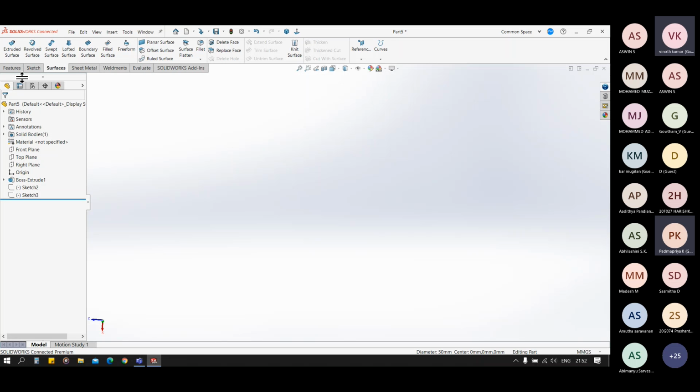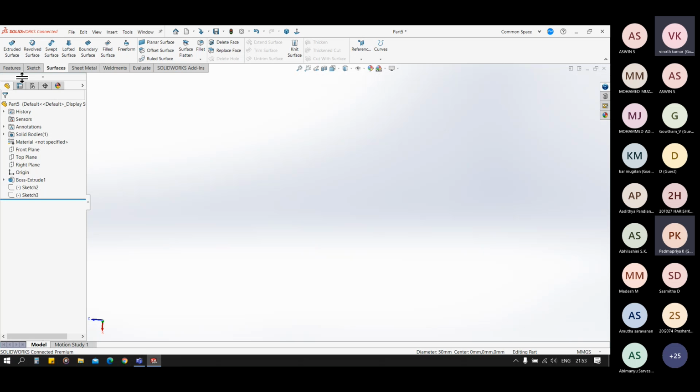We just have to enter the dimension of the offset. In the ruled surface we get the surface that is either normal, perpendicular, or tangent to the selected edge. In the flattened surface we can flatten our bent or curved surface using the flatten surface tool.